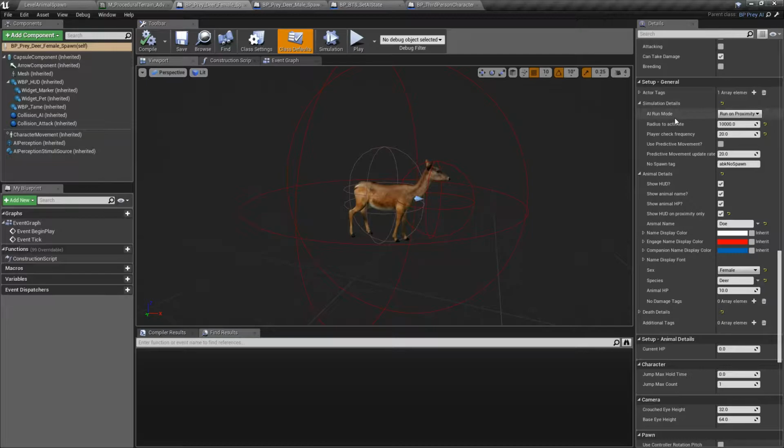So you know that if you go under setup general, simulation details, we want to make sure that we definitely run on proximity. Again, this is for performance reasons. The radius to activate has been changed to 10,000, which is still a pretty big distance, and the check frequency has been increased to 20 seconds. So we're going to make that same change